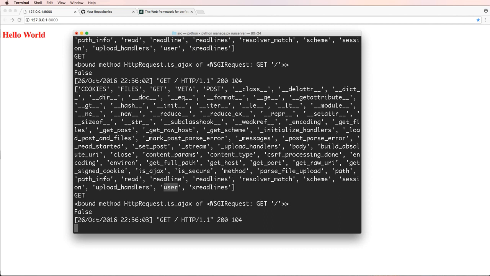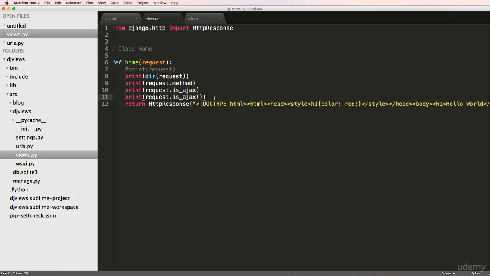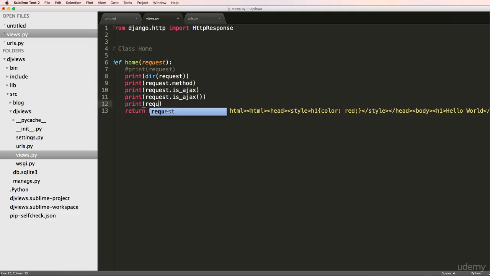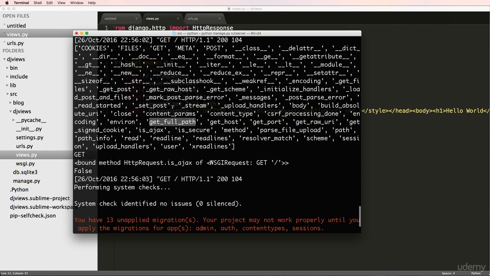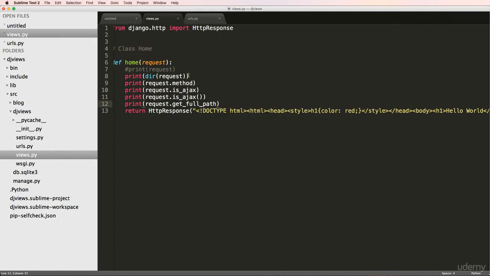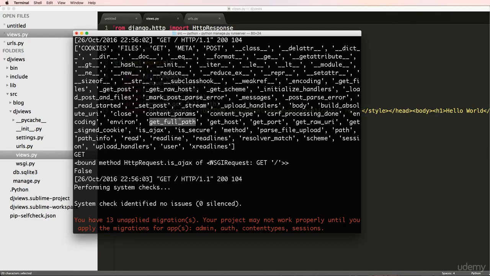So .user, and the actual user model. So this is how we can actually work with logged in users, logged out users, stuff like that. I can get the full path. So let's see that one. So I'll print out request.get_full_path. So if I was you, this is what I would do. I would actually go through here, and I would copy one of these in particular. Of course, that's coming from the dir itself. I can copy that,